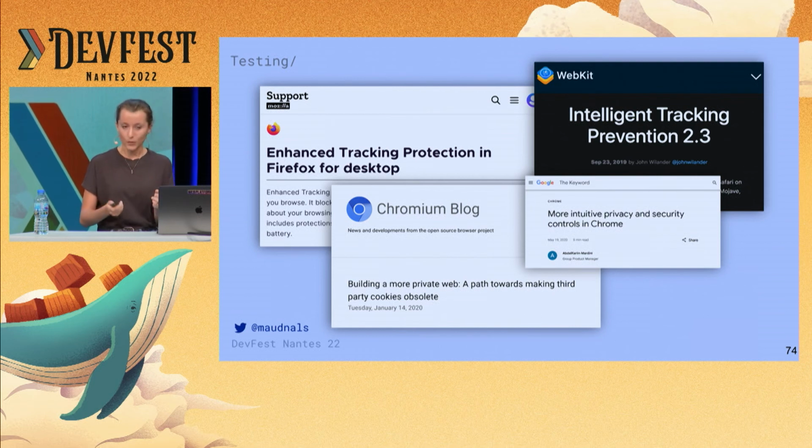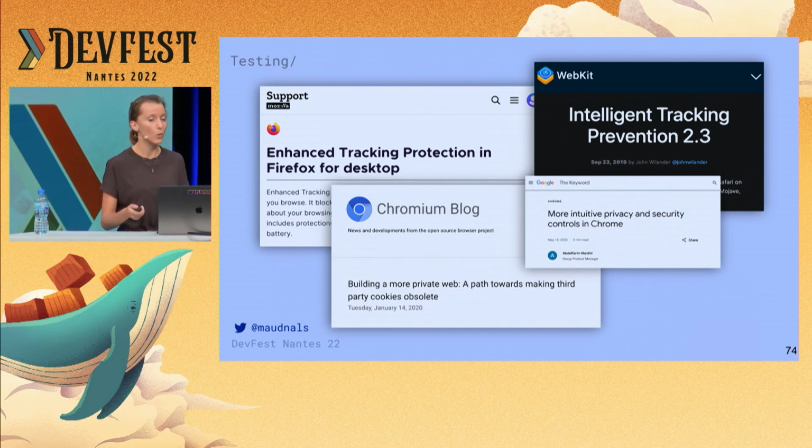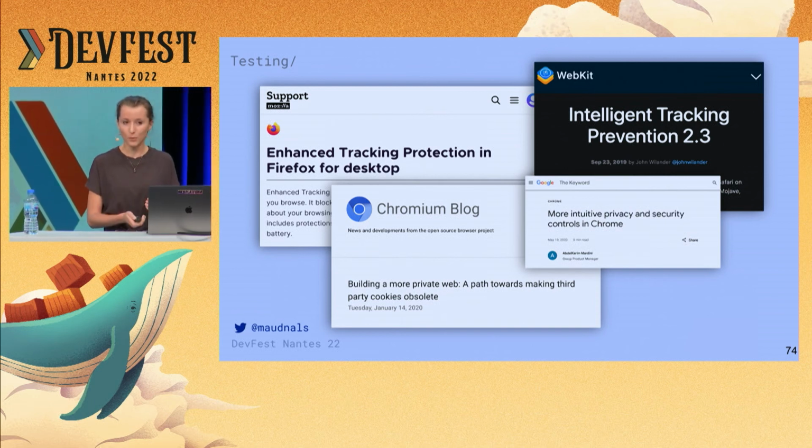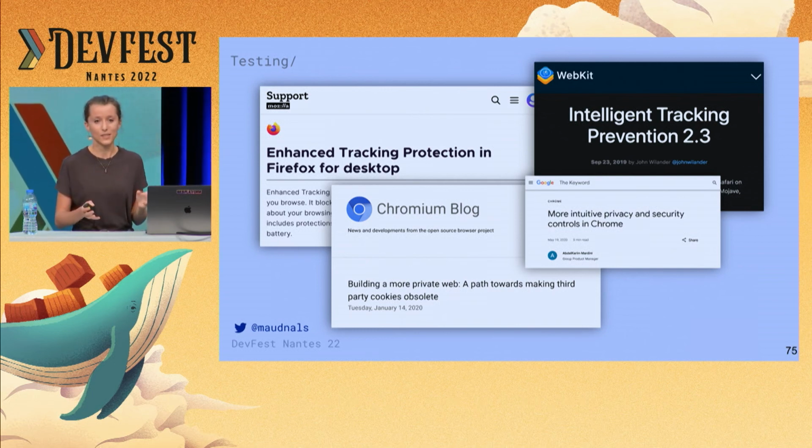So for example, if you actually dig into the details, what Safari's ITP and Firefox's ETP do in practice and do to websites is going to be a little bit different. So in practice, what we get are slightly different behaviors across sites. And to me, I understand as a consumer, it's good for these products to have different features, so I can pick what I like best.